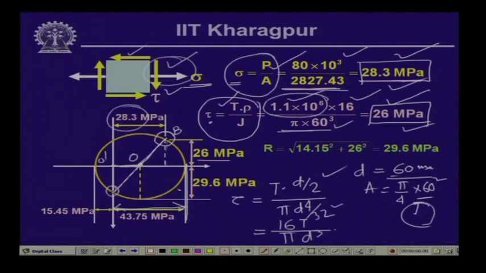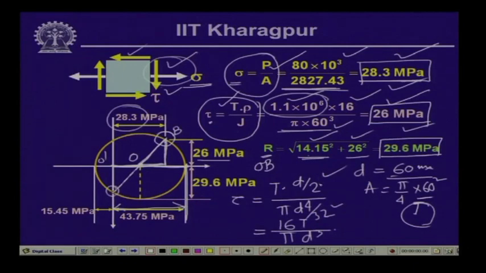So, we have 28.3 by 2, which is 14.15, and so this is also 14.15, and the shearing stress here is 26. So, the radius OB is equal to the square root of 14.15 squared plus 26 squared, and we get a value of 29.6 megapascal. So, the value of this distance is equal to the distance OO dash plus the radius,